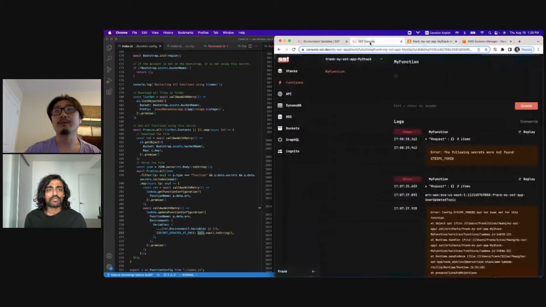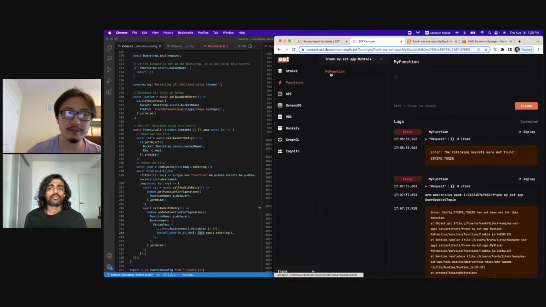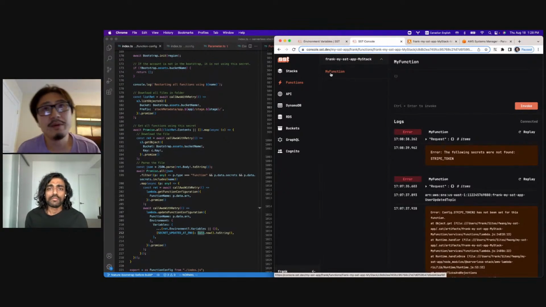The way we do it is similar to when you go to your SST console, when you go into functions. How do we know all the functions? How do we know all your stacks? How do we know all your functions? What we used to do was that we store all the functions that are being created in your stack as part of a CloudFormation template,